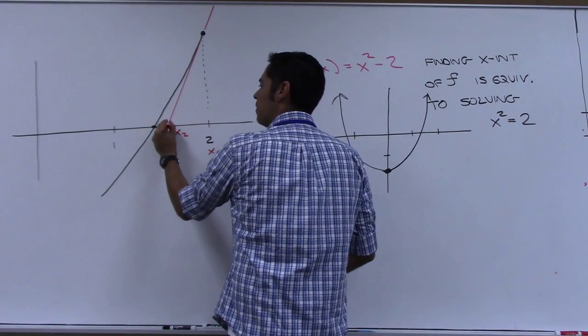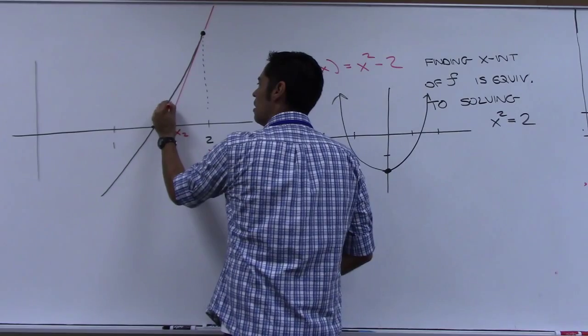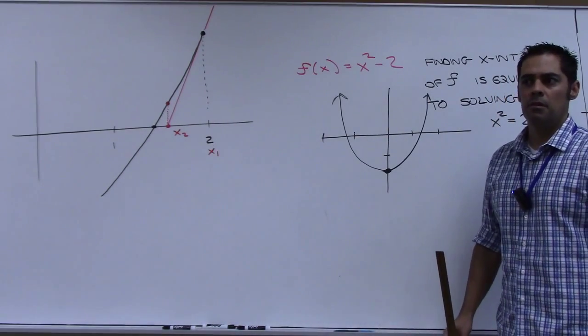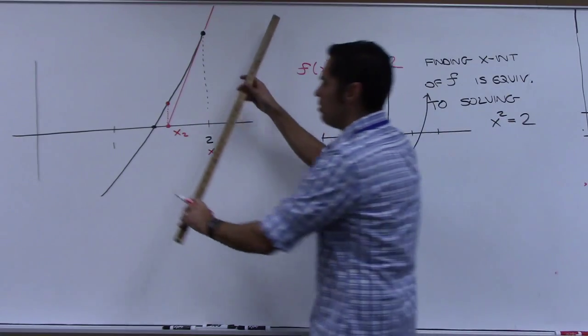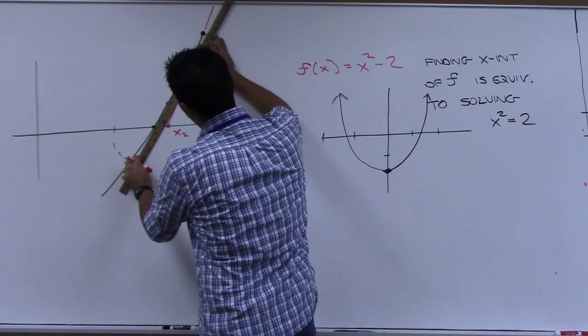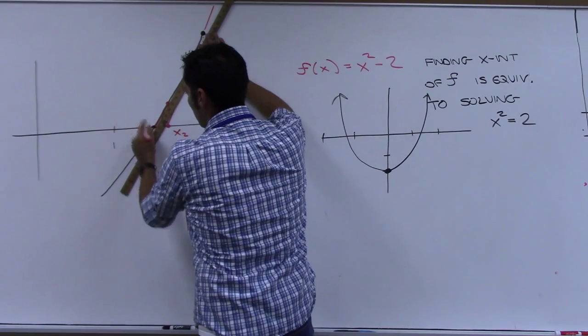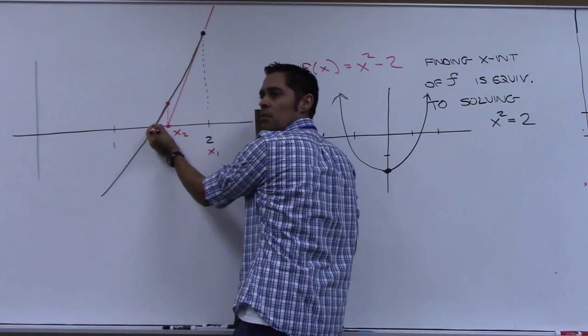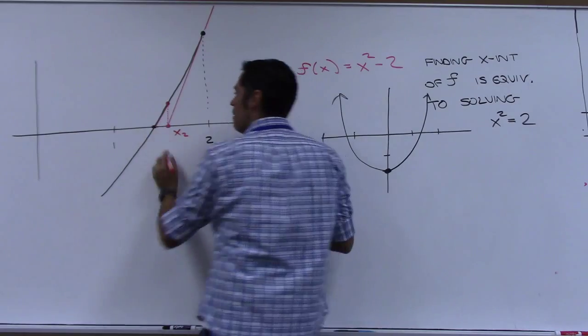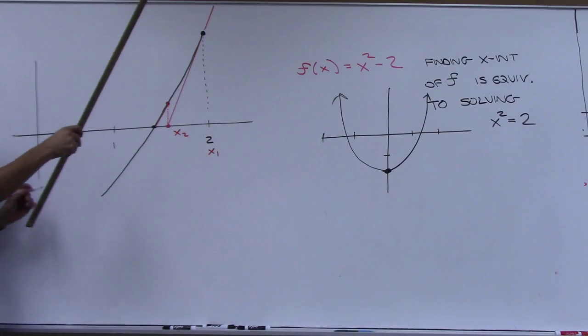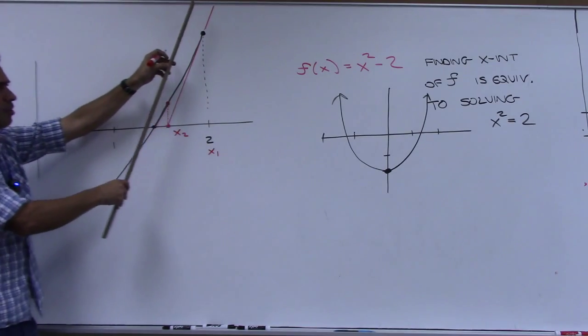Now watch what happens. If I plug that into the function, I'm going to get a value up here, right? Now take that tangent line and bring that one down. And what's happening? Aren't you getting closer to this answer? That's the idea of Newton's method, is that as you go, the derivative starts to point you